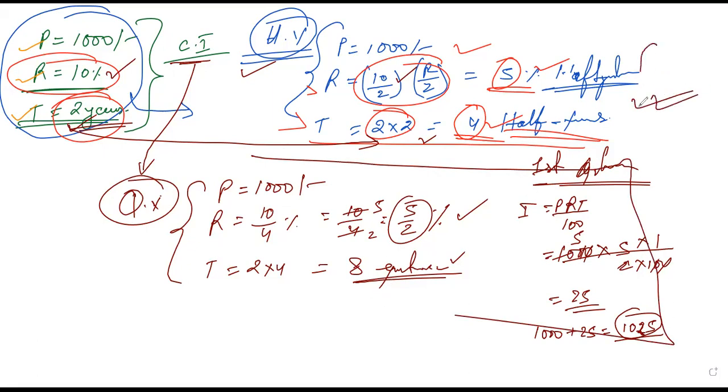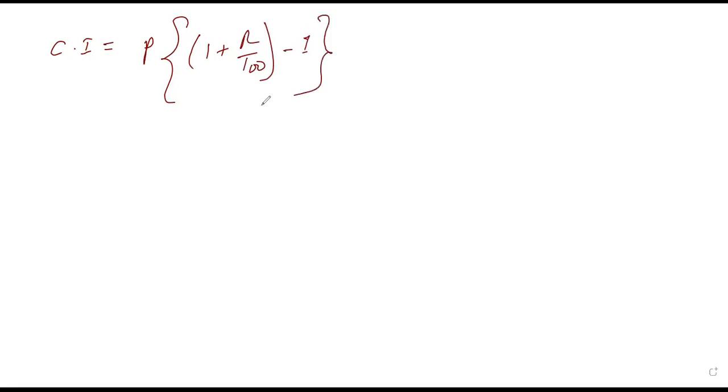But this rule will be implemented for the shortcut method or the simple method for the calculation of the compound interest, which we are going to see just now. So I hope you had understood till here. So I'm going to the next one, that is the direct method of compound interest. For the calculation of direct method of compound interest, we use two different rules. One is that we directly go and solve for the compound interest. Its formula is P[(1 plus R by 100)^N minus 1]. So this is the direct formula for the compound interest.